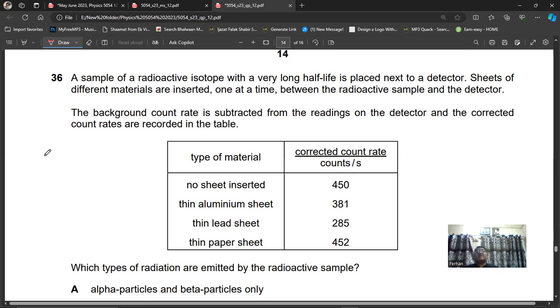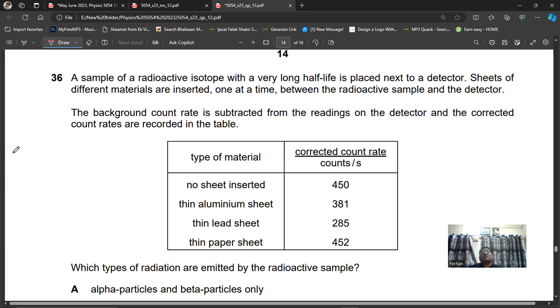When they inserted thin lead sheets, the reading is 285. So the radiation which can pass through the thin lead sheet, that means it is also called gamma. And when you insert thin paper sheets, there is no change in the